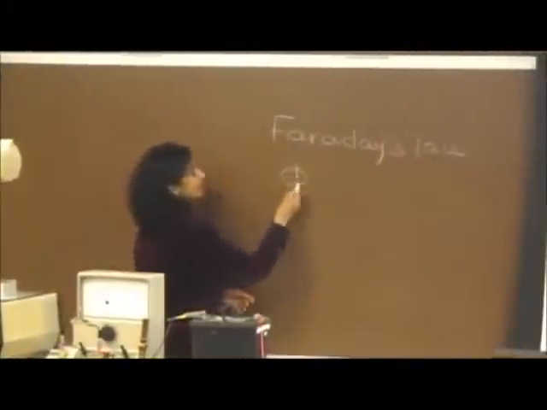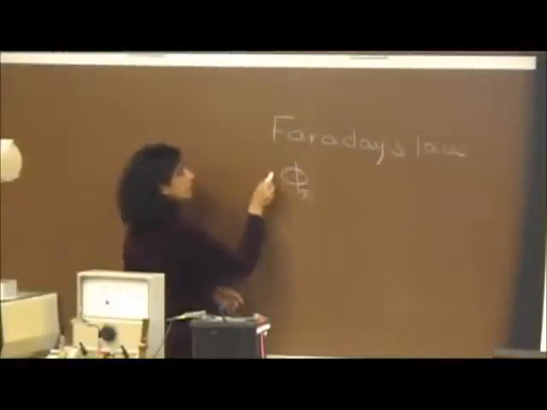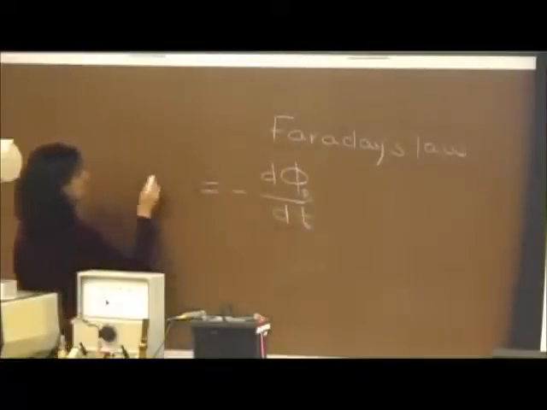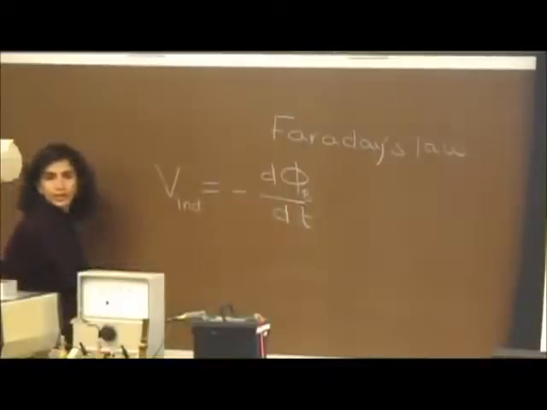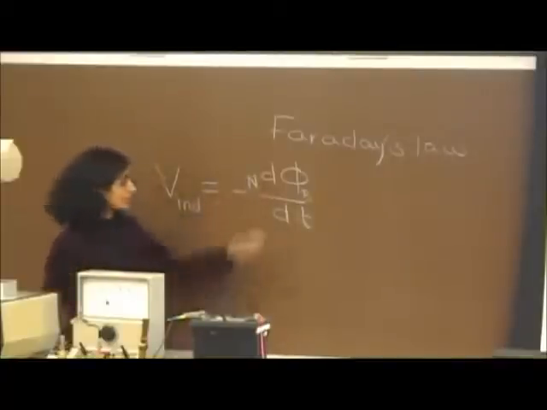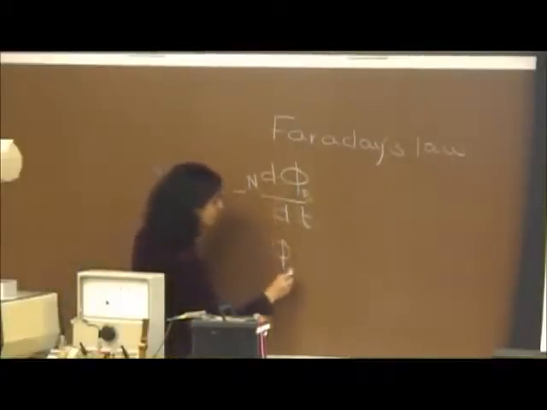So in those 3 cases, remember Faraday's law says that the rate of change of flux, dΦ/dt, with a minus sign, should be the induced EMF, right? And if there are N turns, of course, you will put N dΦ/dt. What is the flux? Flux is basically